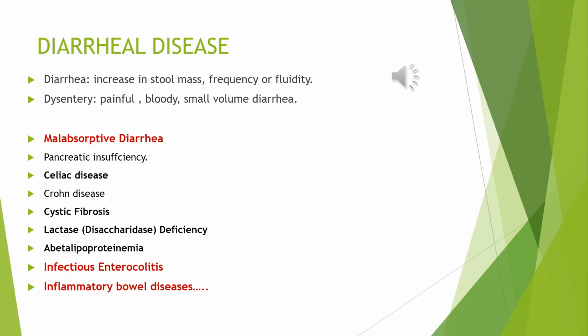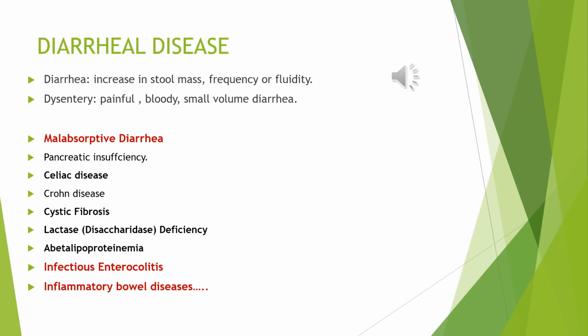Pancreatic insufficiency is due to lack of pancreatic enzymes, and celiac disease is wheat allergy, and Crohn's disease, which is one of the inflammatory bowel diseases, as we mentioned in the CIBD lecture, can result in malabsorption because it affects the small bowel and the terminal ileum, the site for absorption of many nutrients, especially vitamin B12, proteins, and albumin